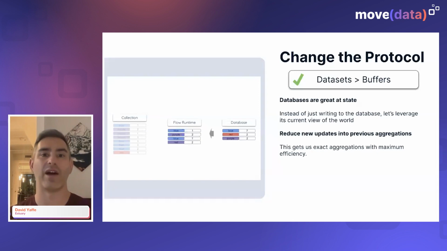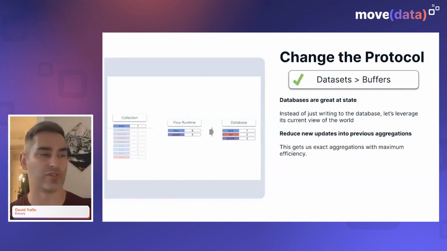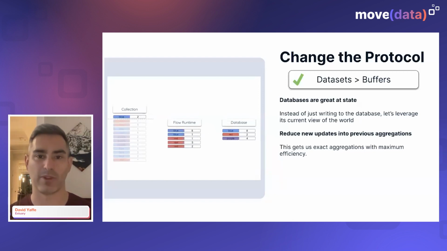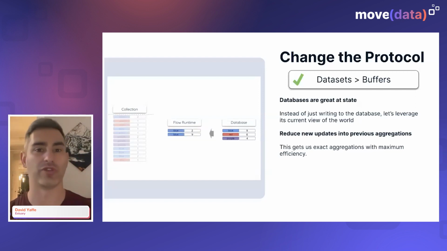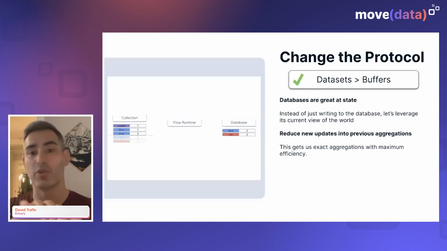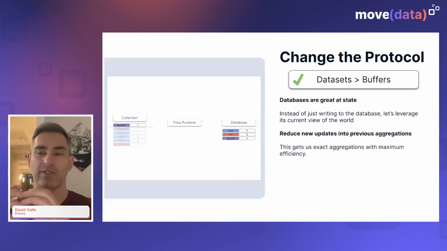Here's an example of how we can actually put that into action, leveraging the database's understanding of state to maintain an exact aggregation with maximal efficiency. You can see what's happening here. We're starting by generating a new row of data, and that row of data goes into the runtime. The runtime queries to understand what already exists in the database, and then it reduces it together and pushes it back into the database. So what you're getting at is you're managing a fully aggregated state within the database,